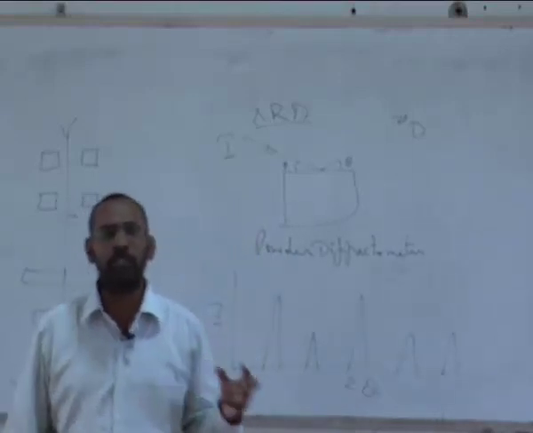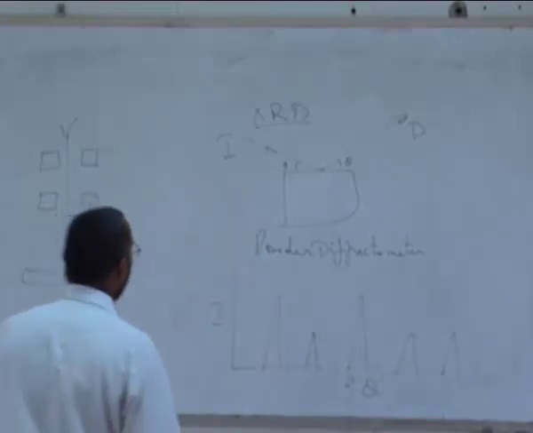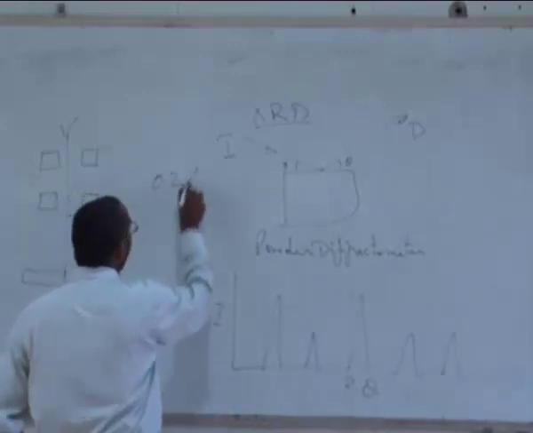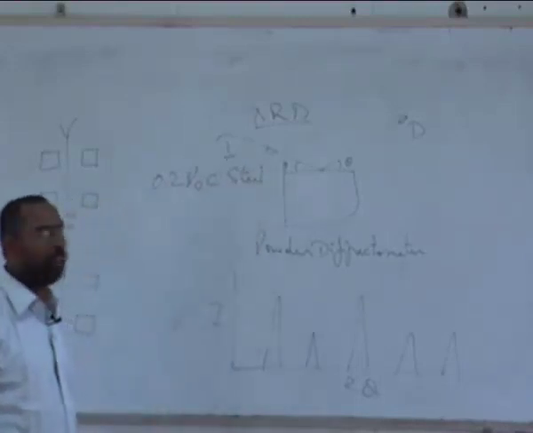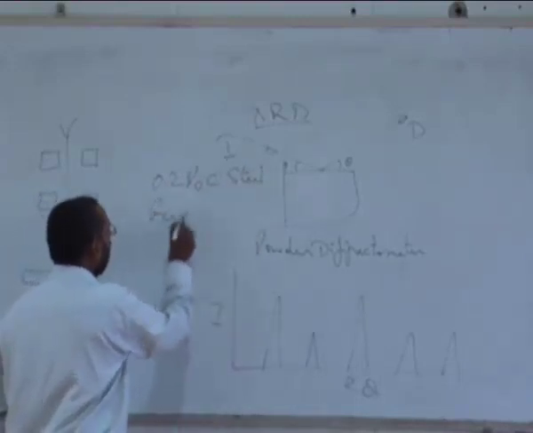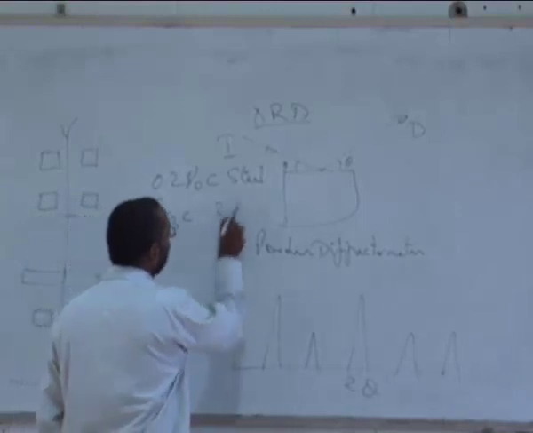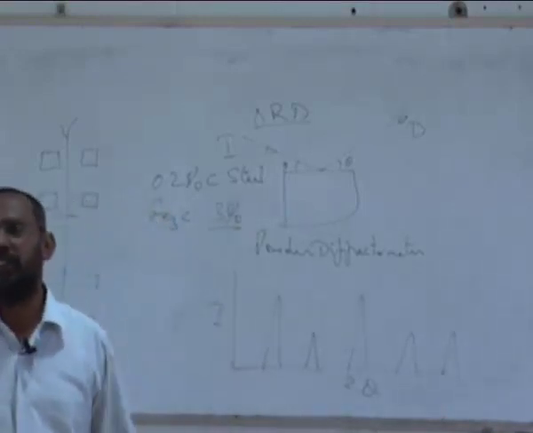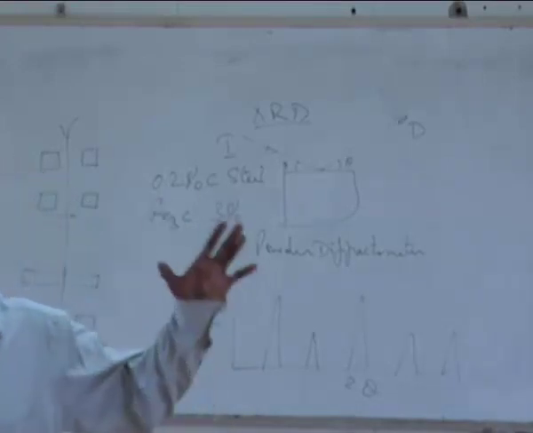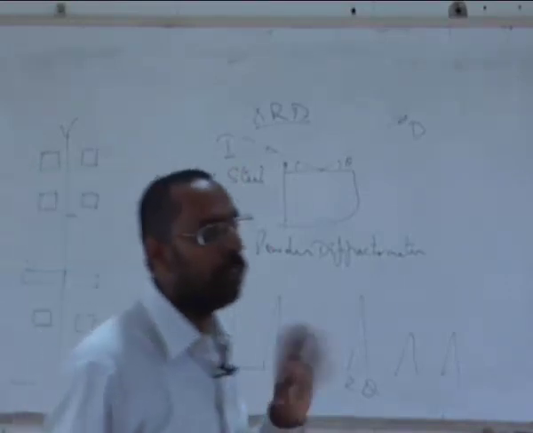If the amount of the precipitate is very small, and to give you an example, yesterday we were talking about a steel. For example, if I take a 0.2% carbon steel, plain carbon steel, and try to find out how much of Fe3C is there in that, you will know that the amount of Fe3C in this is approximately only 3%. Just 3%. And 97% is only ferrite, and only cementite is just about 3%.